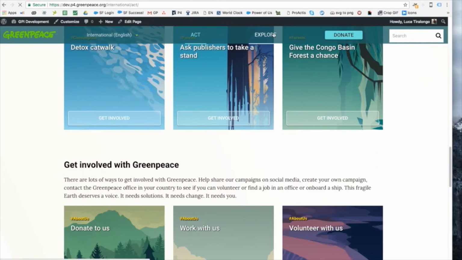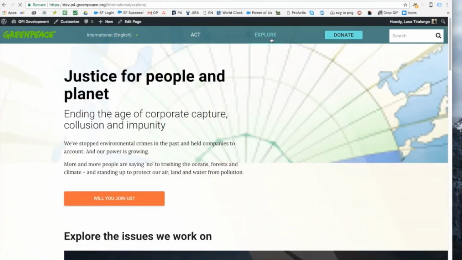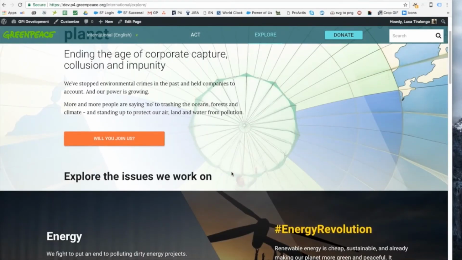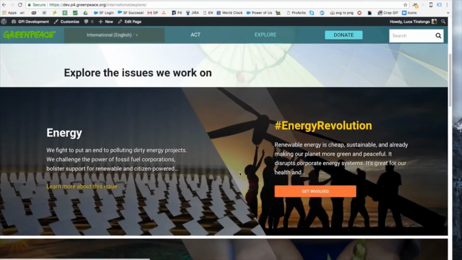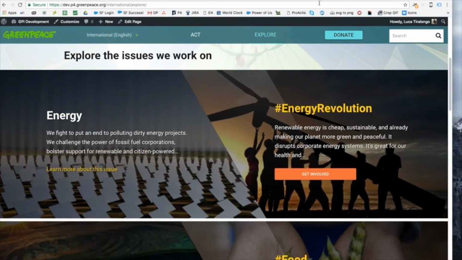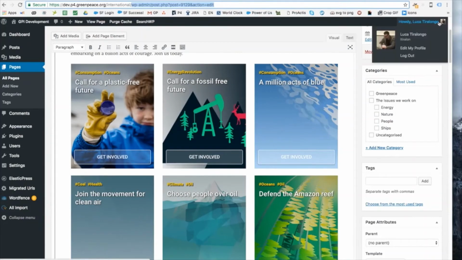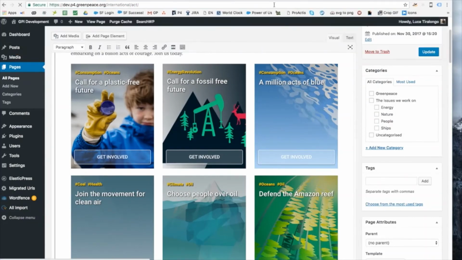Explore is the place where people go to learn more about our campaigns. Whereas ACT is more an action-driven page, this is more an informational section, and so it has been designed. You will see that Explore is really designed differently than ACT, whereas ACT is really all about getting people to do stuff, and the way blocks are